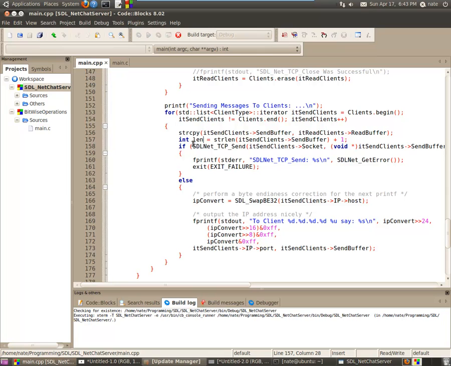Don't forget there is a \0 there for the termination character. So getting sent for the string, there's always one more than you think, and it starts at 0 too. Don't forget about that. If (SDLNet_TCP_Send(it_send_clients->socket,